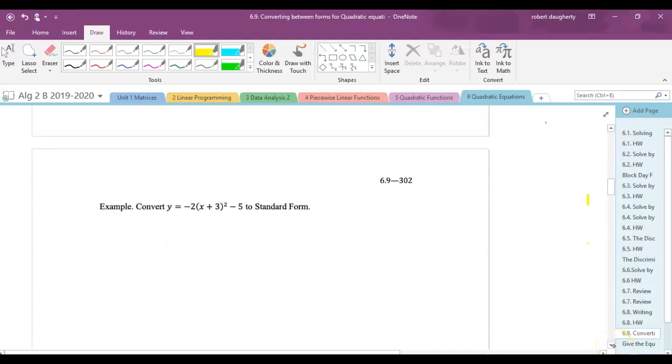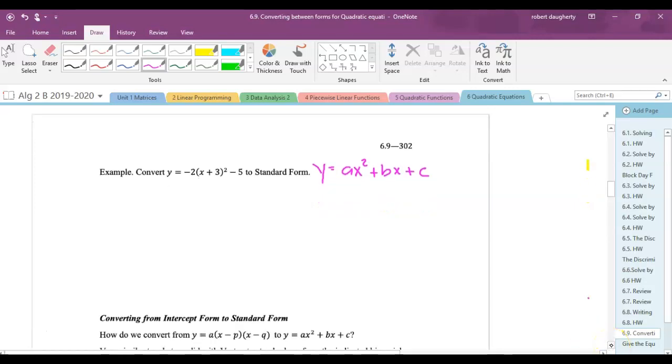Okay. So if I want this to be in standard form, I want this to look like ax squared plus bx plus c. So I'm in vertex form and I want to go to standard form. What do you think that is implying that I need to do to make that happen? Yeah, just distribute all of that out and do the arithmetic. So I can write this as y equal negative 2 times x plus 3 times x plus 3 minus 5. So all I did was write x plus 3 squared as x plus 3 times x plus 3, which is